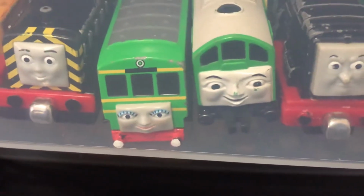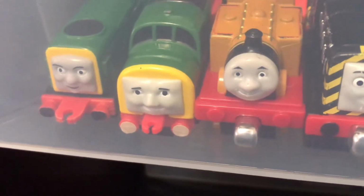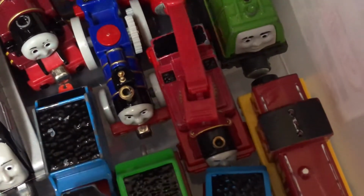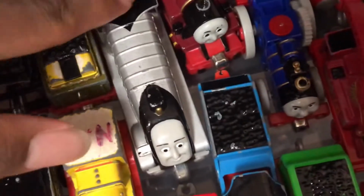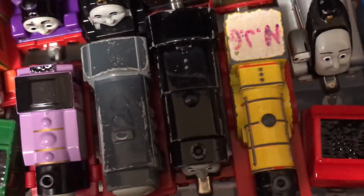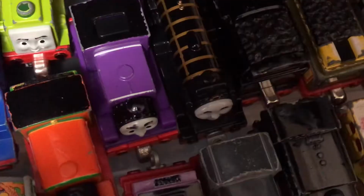Ertl Boco, Ertl Daisy, Take and Play or Take Along Mavis, Take and Play Stepney, Ertl D261, the Diesel, Class 40, Fuller, but for now we'll just call him D261, Ertl Derek, Take and Play Salty, Take and Play Harvey, Take Along Fergus, Take Along Arthur, Talking Spencer, or Talking Take and Play Spencer. The motor's kind of going bad inside of that one, but yeah. Anyway, Take Along Molly, Take Along Neville, Take Along Dennis, Adventures Rosie, Take Along Billy, Take and Play, or I think Take Along Flora, Adventures Hero,